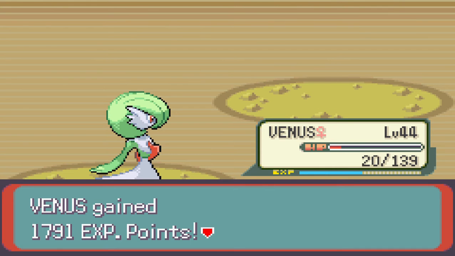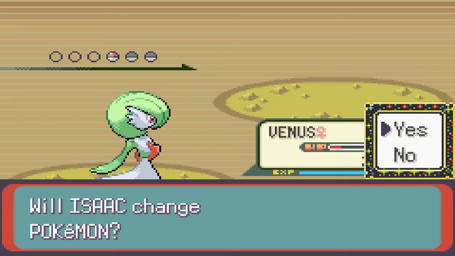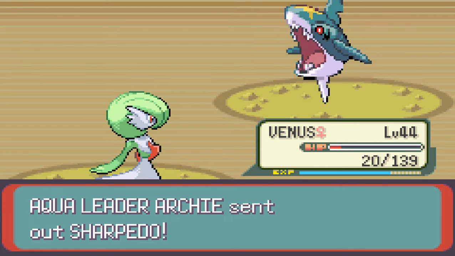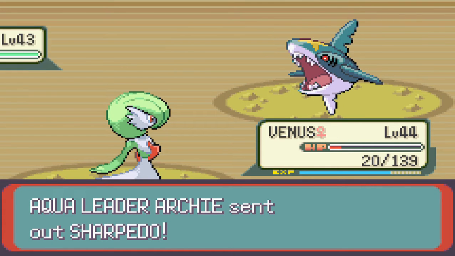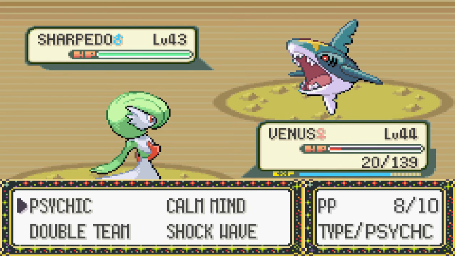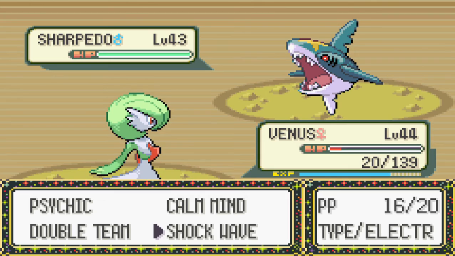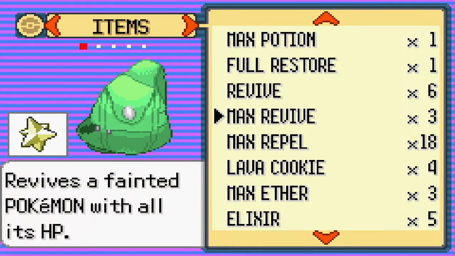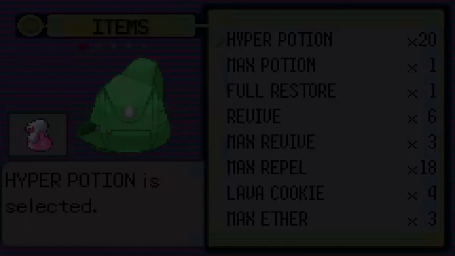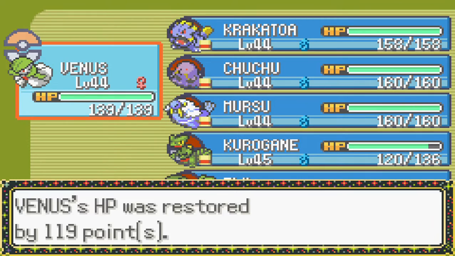Fortunately, we snapped out of confusion. We should be okay from here on out, because the last up is Sharpedo. This is his main star. It is level 43, Water Dark type, Rough Skin for the ability, so don't hit it with any physical moves, with Screech, Slash, Taunt, and Swagger. In all honesty, I'm going to want to heal up before I even start wailing on this thing. If I want Venus to stand a decent chance, though, it'll probably just use...